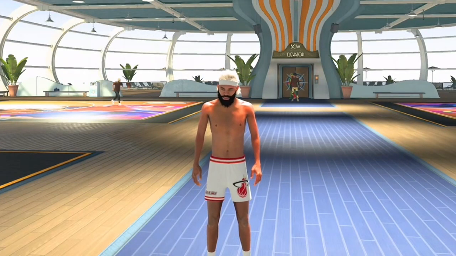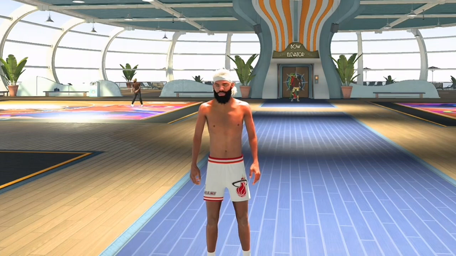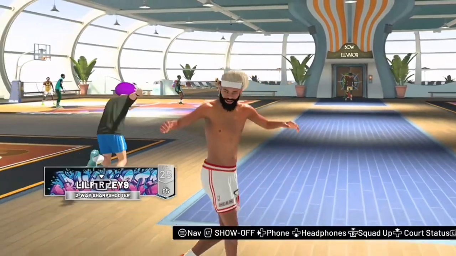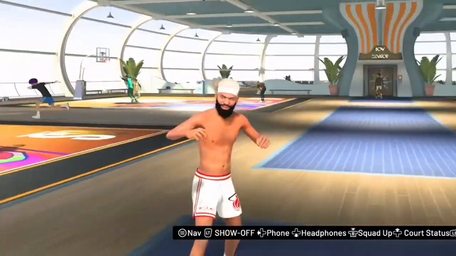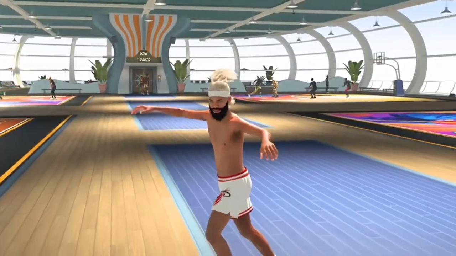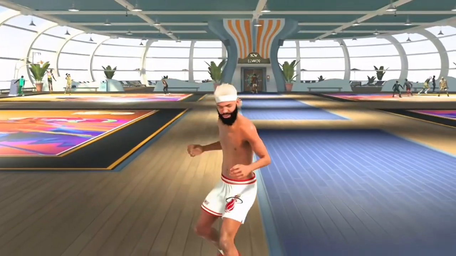So let's talk about the dunks. This is one mandatory dunk package. If you have over a 70 driving dunk, use the quick drop-offs off 1. It is the most unblockable dunk package, and you see people bragging that they get a block all over TikTok